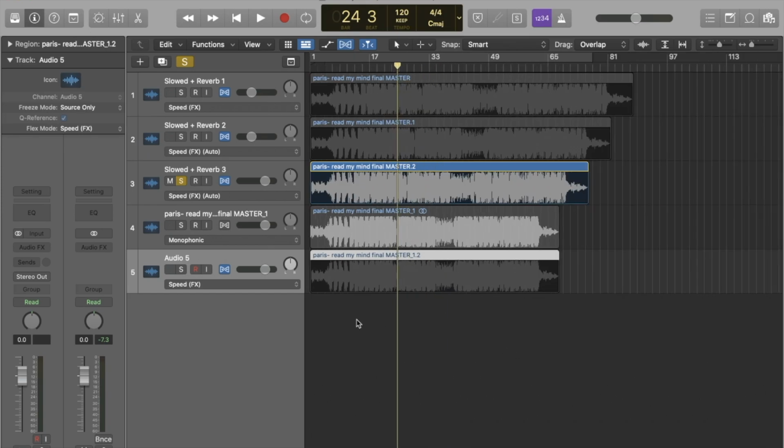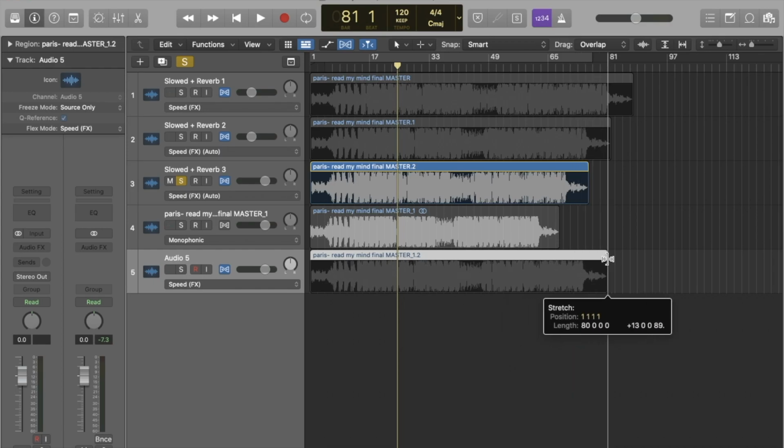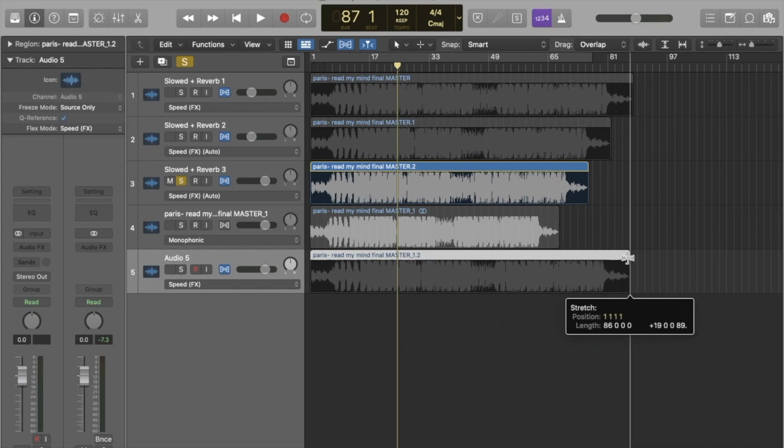Once you're here, you'll see that you can actually drag the beat to the right, and by doing so, this slows down the beat. So the more you drag it to the right, the more it will slow down. So if we